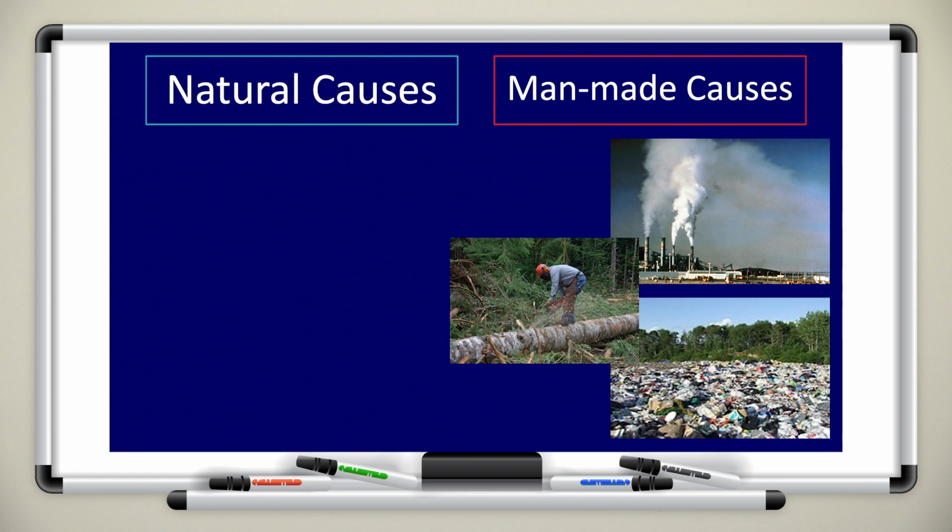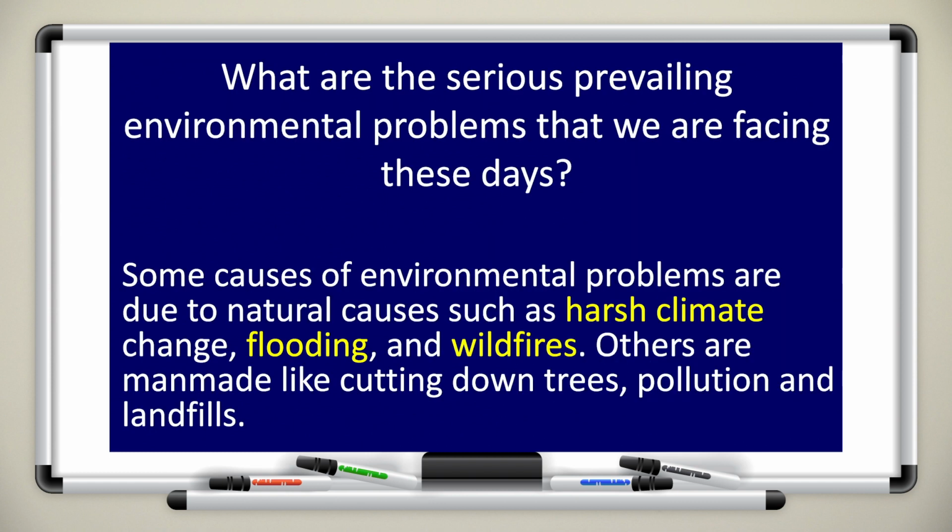And if I want to write them down, what are the serious prevailing environmental problems that we are facing these days? I would say some causes of environmental problems are due to natural causes, and I would put examples such as harsh climate, flooding, and wildfires. Others are man-made, like cutting down trees, pollution, and landfills. These are all